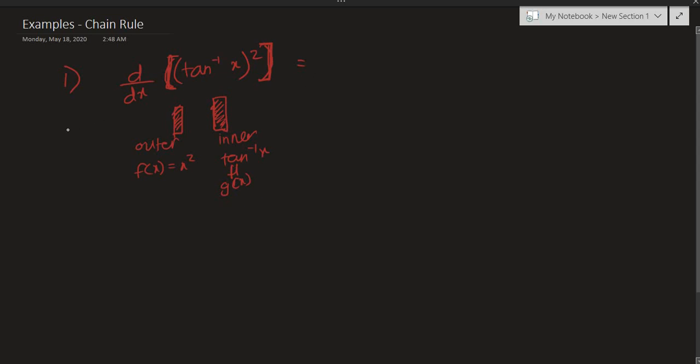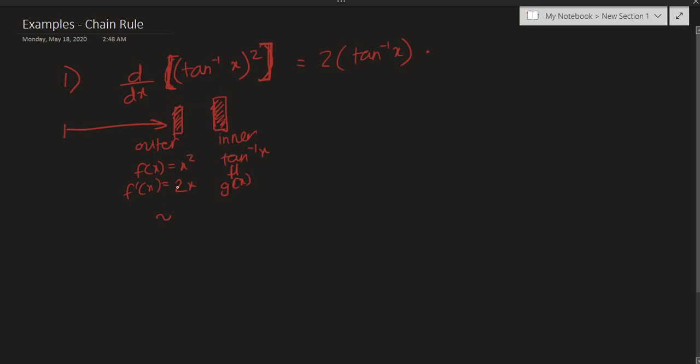So as I said, differentiation is like shooting a laser. So you break the first wall while keeping the inner wall intact. So breaking is differentiating the external function. So what's differentiating f of x, or what's differentiating x squared gonna give us? 2x, right? But the catch is, instead of this x, we still have our inner wall intact. And what's our inner wall? Tan inverse of x. So instead of x, we write a tan inverse of x,